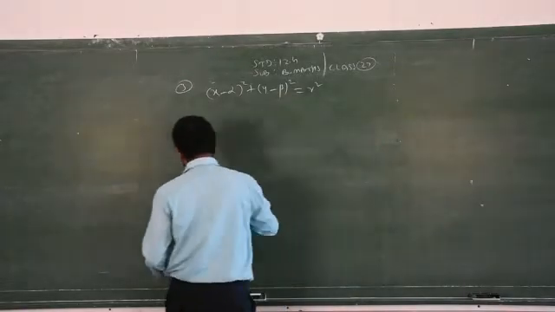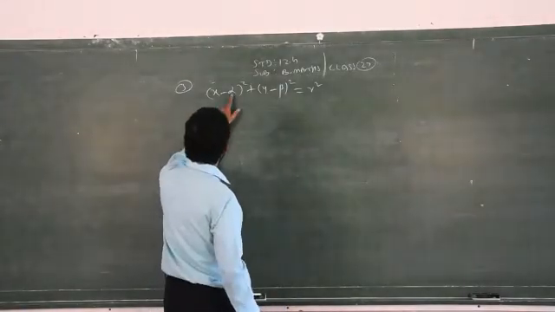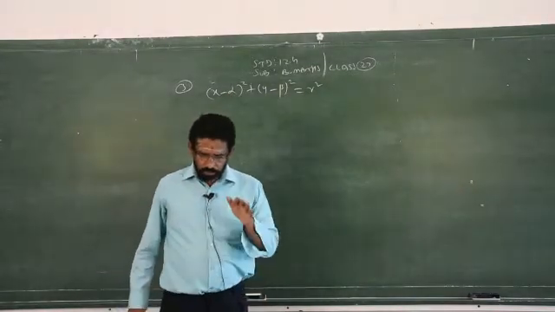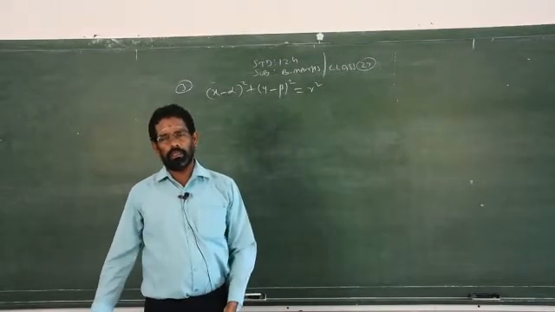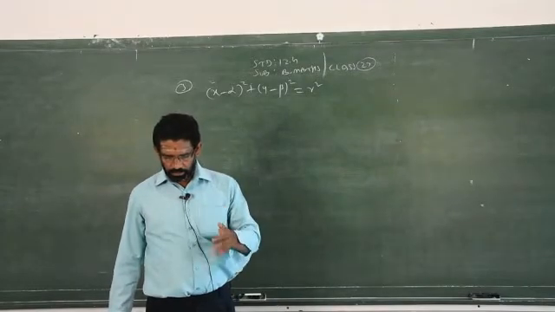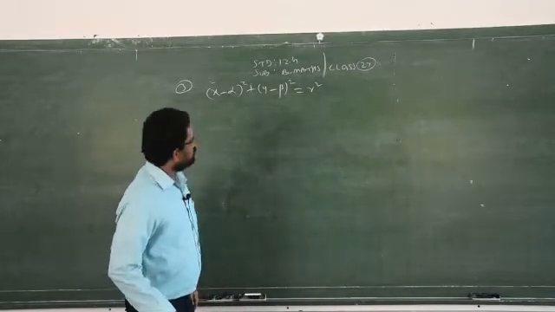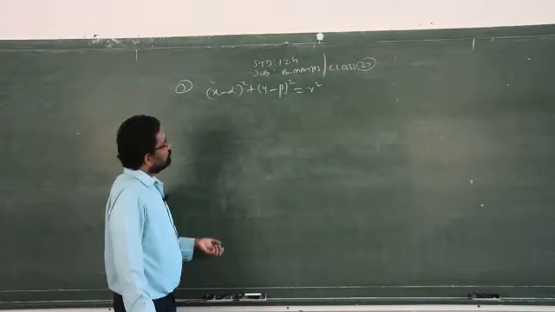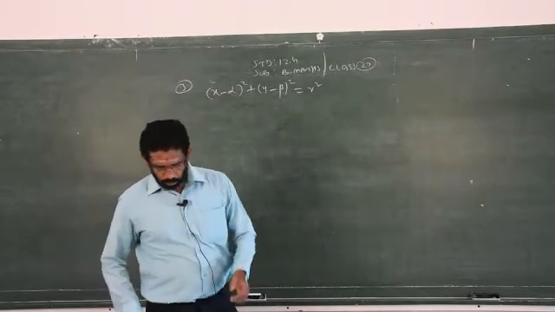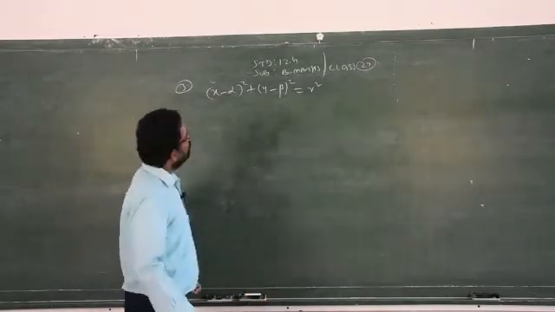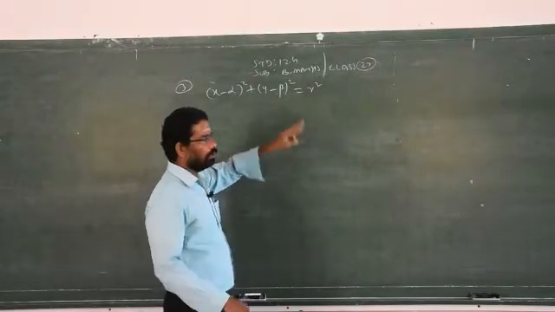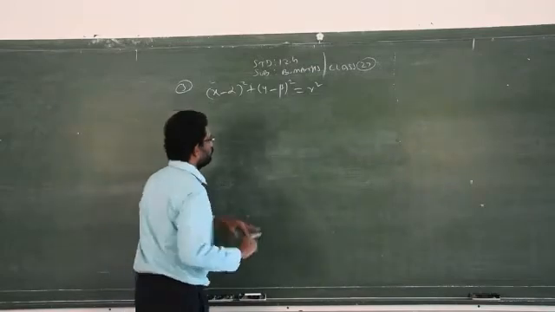The radius is r. Now you have 3 constants: alpha, beta and r. But what is given in the question? You are supposed to eliminate only alpha and beta, which means 2 constants. They did not consider r as a constant. They consider only alpha and beta as constants, that is, arbitrary values. So how many times do you have to differentiate? 2 times, because we have 2 constants, alpha and beta, though r is also given. But your aim is to eliminate only 2 constants. Therefore, you have to differentiate 2 times.